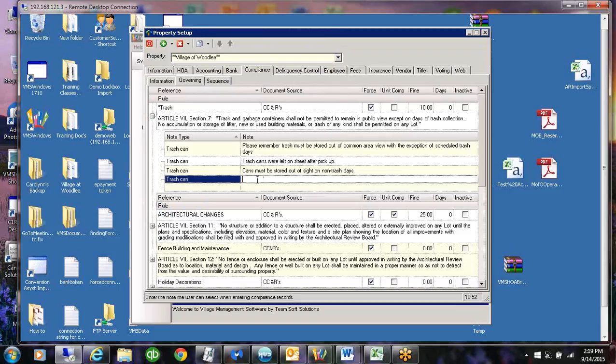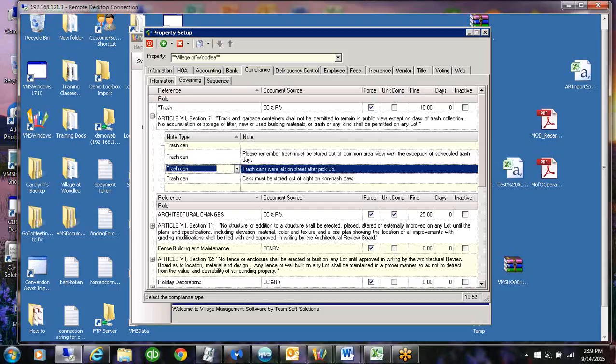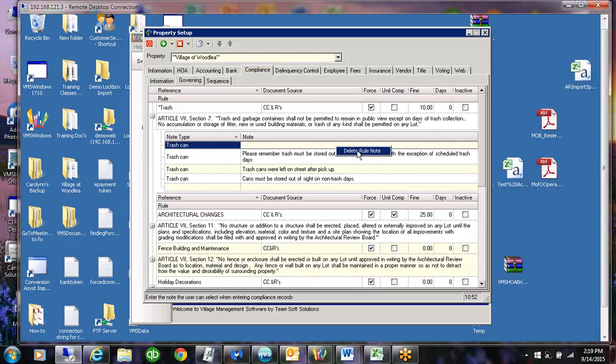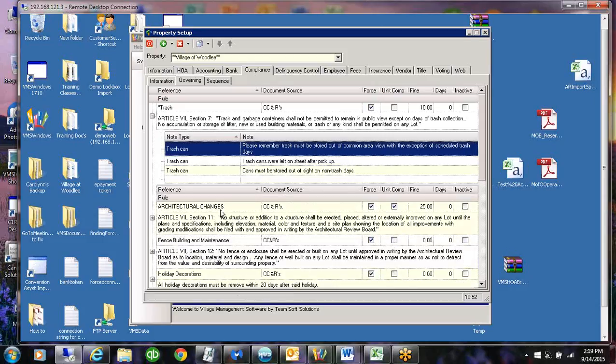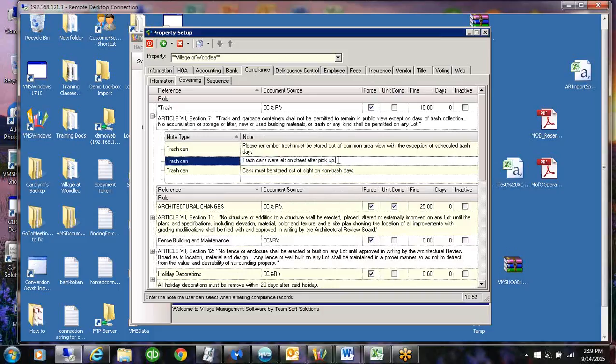So remember, this part of the note is going to help you so you don't have to type in that information. You put whatever you need to put there. Now, when we go to do the violations, you can pick more than one, and you can edit the column. So if you wanted to say trash cans were left on the street after trash pickup or must be out of sight on non-trash days,